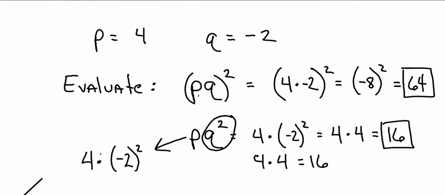In this case, the P times Q is squared. Okay? And in this case, only the Q is squared. So be careful where the parentheses are and what's in and not in parentheses. All right, if you see this,